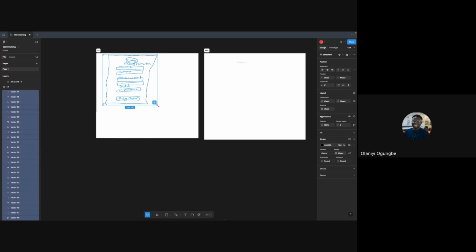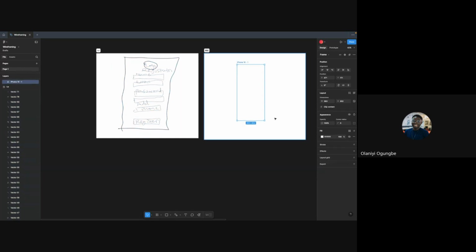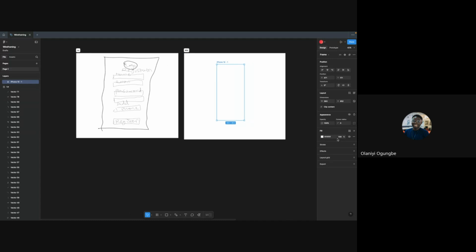So let's make this guy bigger, my ugly sketch. So now this is looking awkward. Okay, yes, fine. So now logo, right? For logo, I'm just going to use an ellipse or circle.